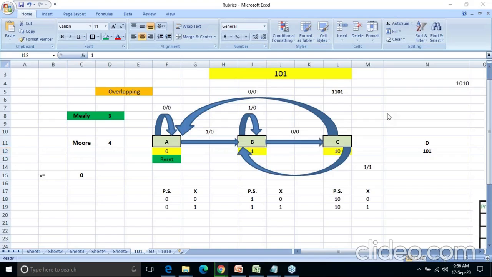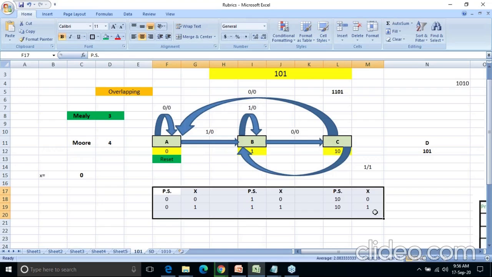Okay, is it clear, ma'am? What is the need of applying a self loop at A? It is reset. No, because as we are considering overlapping, this one will be my first one also. This second one you are getting, because there is no meaning to the sequence. This second one can be the first one, so that 1 0 1 can be detected, and that's why this second one is the first one, where the first one is detected over here, and that's why the self loop is applied. Is it clear?